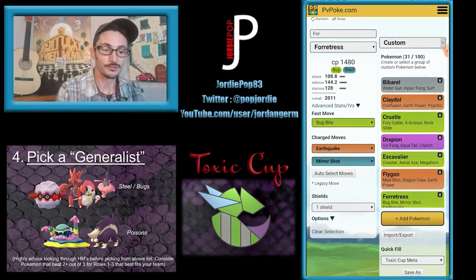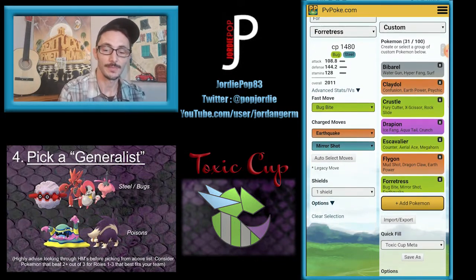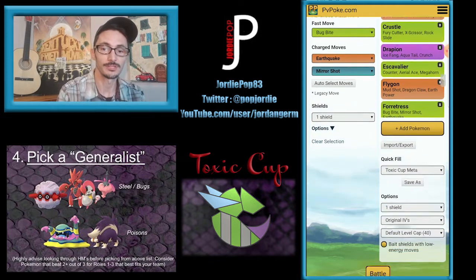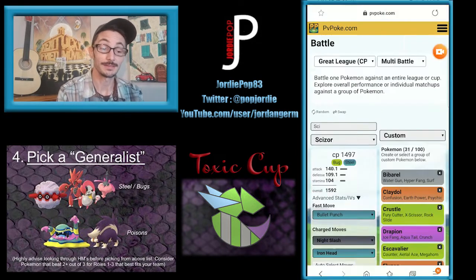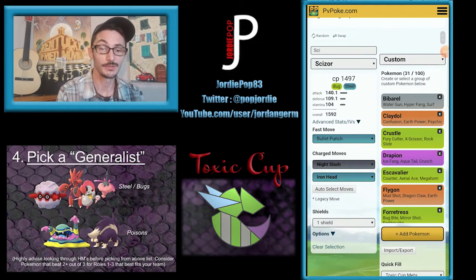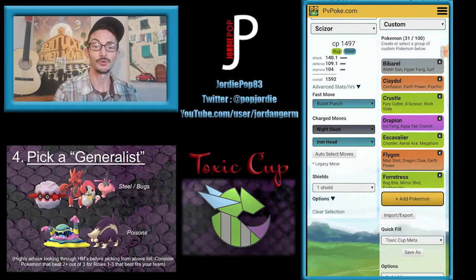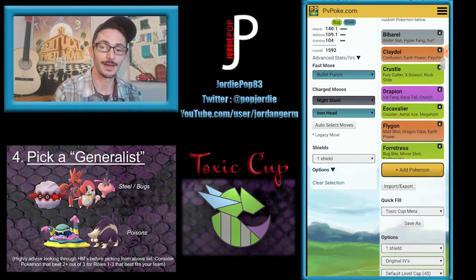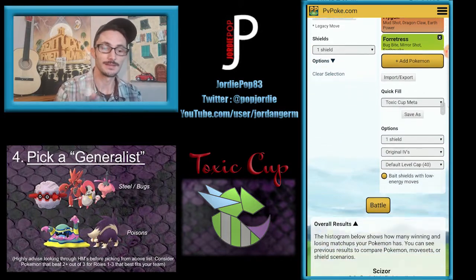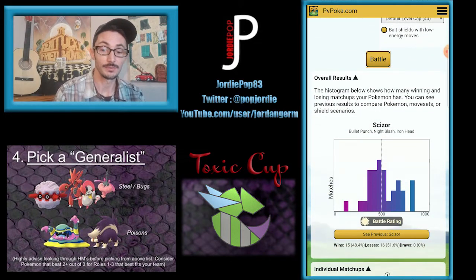And then Forretress. We're going to get into our Generalist now. So these are going to be all your Steel Bugs. Forretress with Bug Bite, Mirror Shot, and Earthquake. I don't know, guys. These Steel Bugs, they were supposed to be on the top of the list. There's just a new update to PvP Poke, and they went way down. I don't think the Steel Bugs are going to be where it's at, except with one exception, and that is going to be with